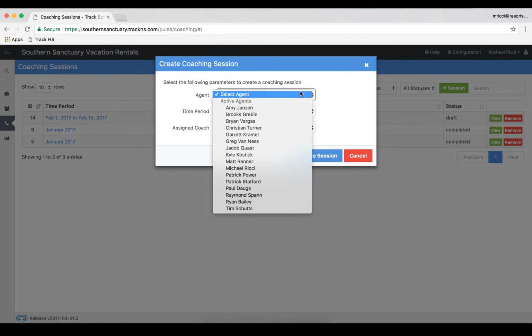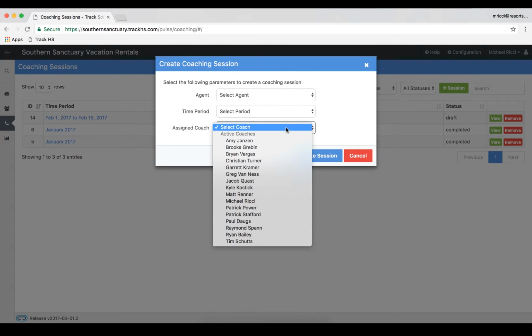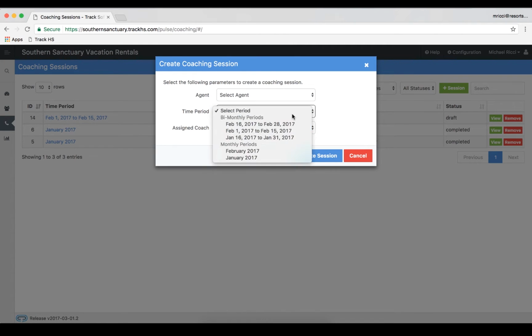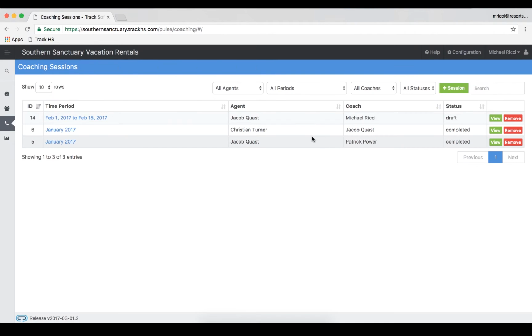You'll need to select an agent, you'll need to select a coach, and then you're going to need to select a time period. I've already gone ahead and created one right now for the agent Jacob Quast, and I'm going to coach him up. And we're going to look at his time period from February 1st to February 15th. So if we press View,